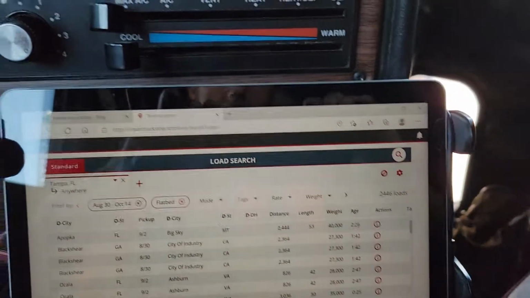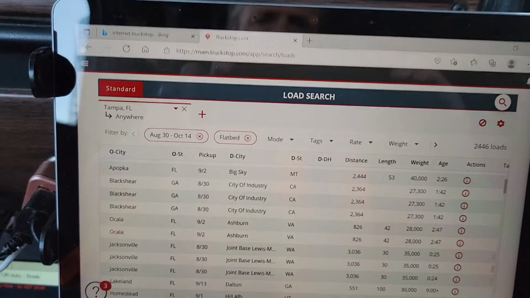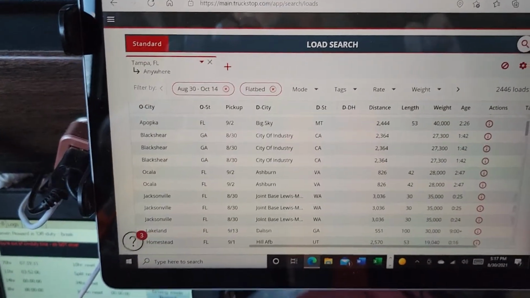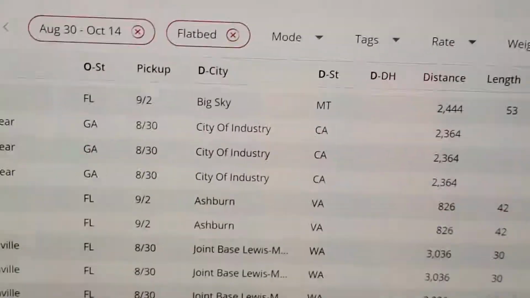So, been booking loads, and let's show you what I've been doing here. So this is what I'm doing.